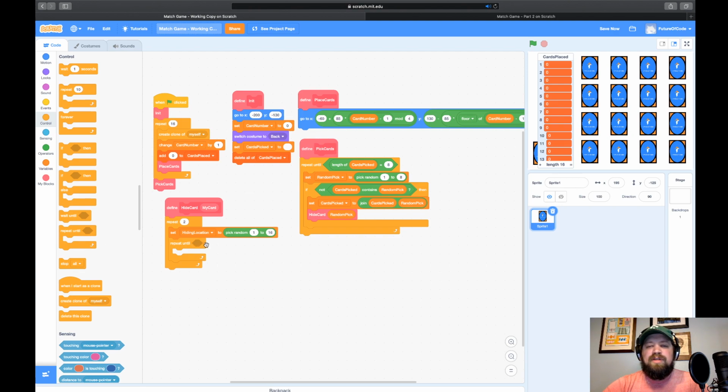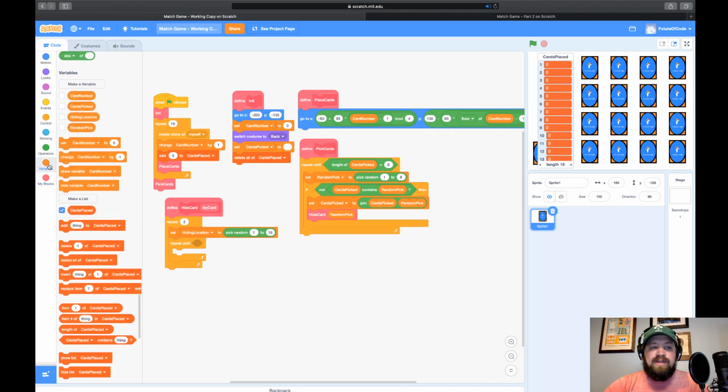What we're going to do is make it repeat until we know that the location we found has a 0 in it. So we're going to need a couple things for this. First, we need to check it. We need to know the hiding location, because that's what we're checking, right? We picked a random one. Now we need to check that hiding location to make sure it is empty.